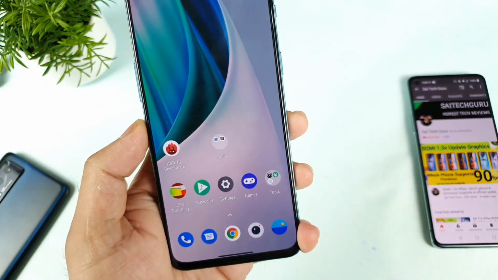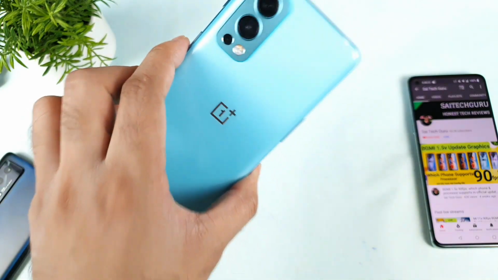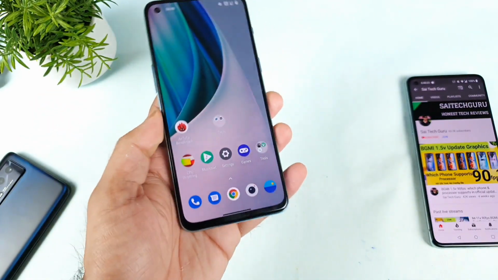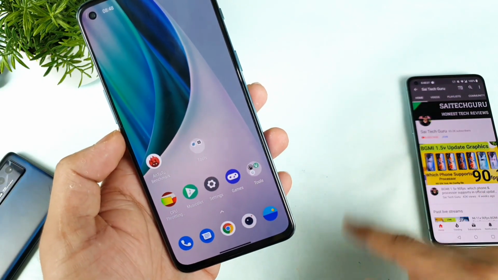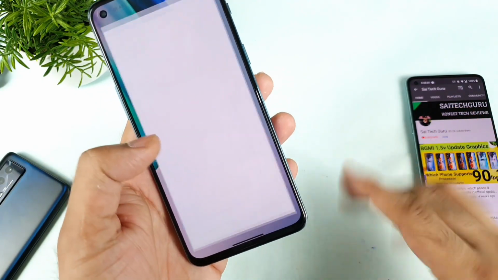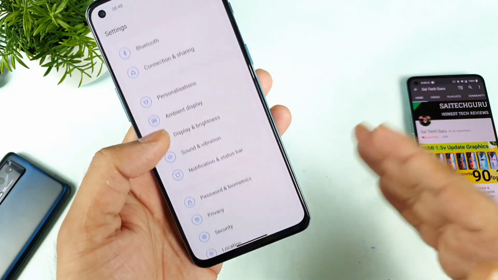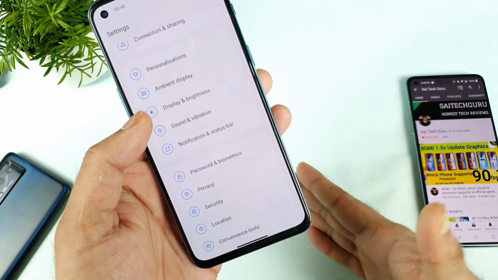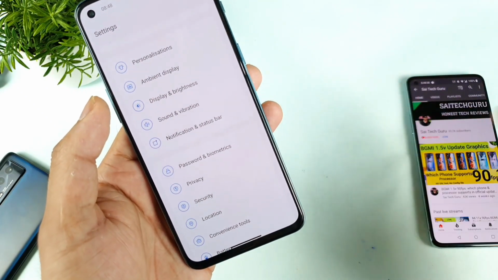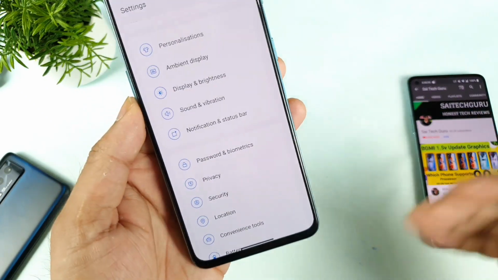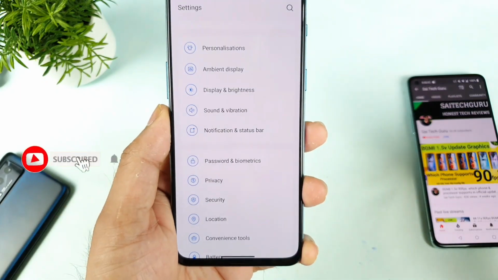In today's video, I'm going to do another benchmark test on the OnePlus Nord 2 device after the recent software update. During this demonstration, I'll try to use the high performance mode. There's another video which I uploaded previously without using any kind of high performance mode. So there is a difference between using the high performance mode and not using it. I just want to see whether it gets any better or not. That is the reason I thought of doing two different videos, which will clear all the doubts for a lot of other users as well.